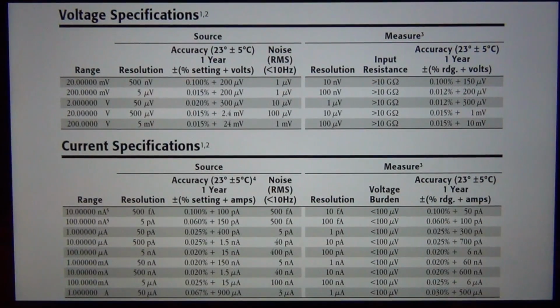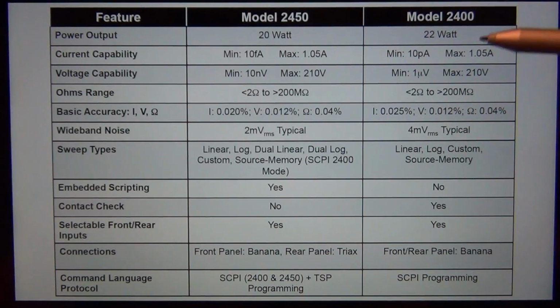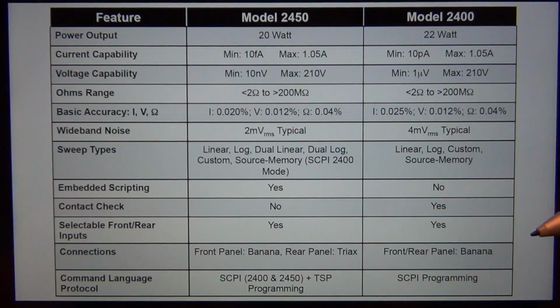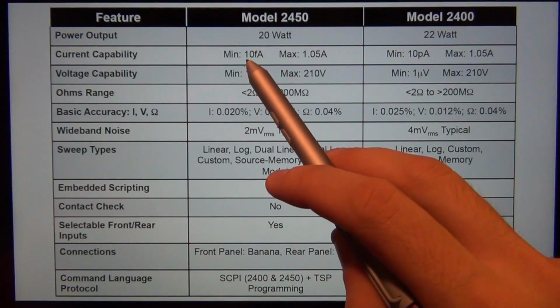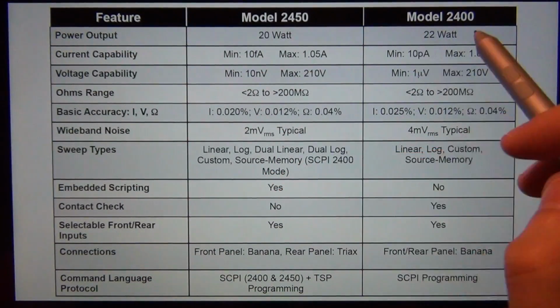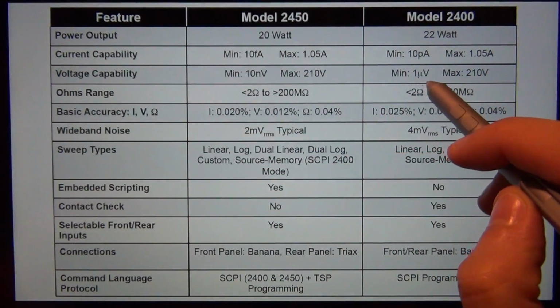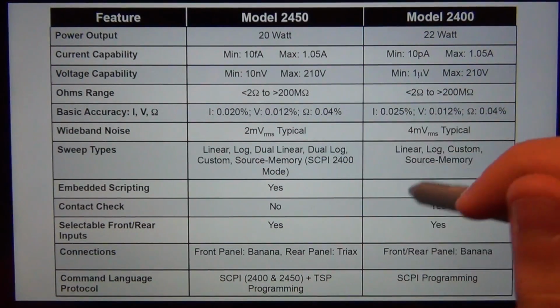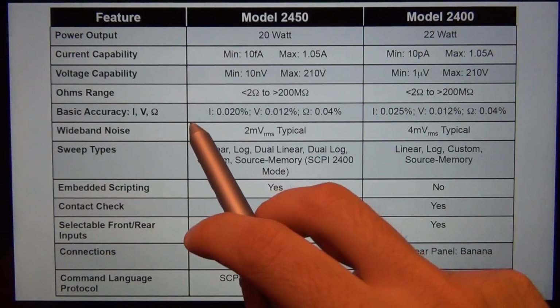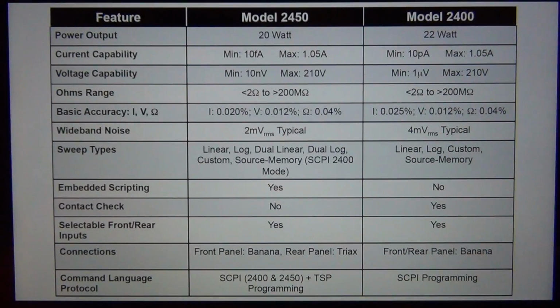So you can go ahead and look at the specification. It covers a really wide range, suitable for many different applications. And if you compare to the 2400, which it is replacing, they have improved almost every aspect of the instrument. For example, the minimum current has gone from 10 picoamp to 10 femtoamp, which is a big difference. The maximum current remains the same, but the voltage measurement capability has gone from 1 microvolt to 10 nanovolt, which again is a big difference. They've also done quite significant improvement in the accuracy,